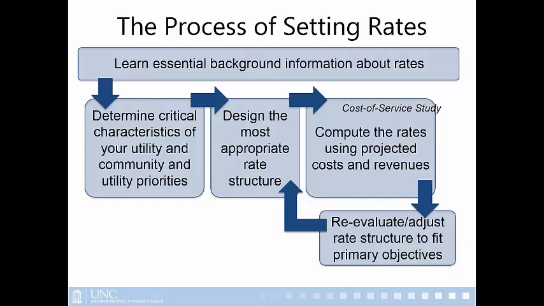Once you understand what the characteristics of the utility and your customers are, then you design your rate structure itself, the design of the rate structure. And then once that's approved and you think you have a good rate structure design, then you start calculating what the rates need to be. And once you've done that, you need to do a little bit of a circular or iterative approach where you review what your proposed rate structure is going to be in the end with all the rates, and see if it meets all the objectives you originally set to meet. Is it going to generate all the revenues you need? Is it going to support all the objectives? And if it's not, then go back and adjust the rate structure design and the rates. So we're separating out the rate structure design and rates again.